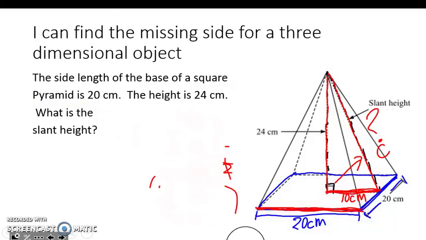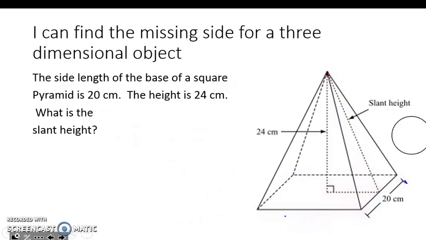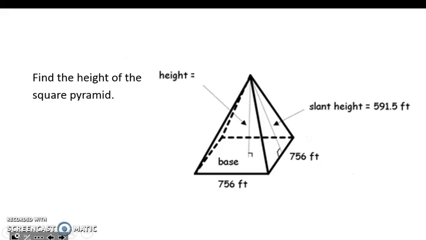All right, let's look at another one. All right, in this one, they want us to find the height of the square pyramid. So they've told us the slant height and they've told us the base. So they want us to tell them what is the height. So through the middle, what's that amount, okay? So the slant height across from the 90-degree angle is going to be our c, okay? They've told us our entire base is